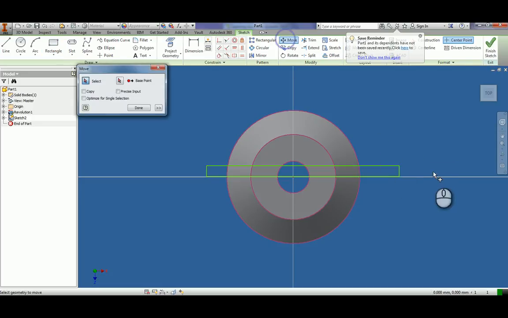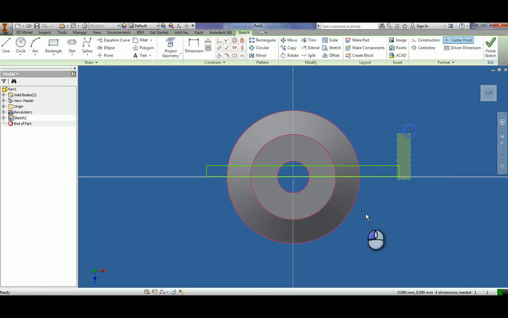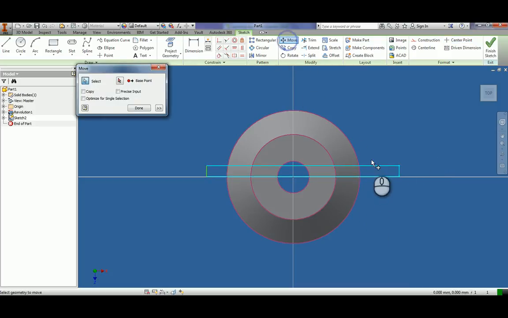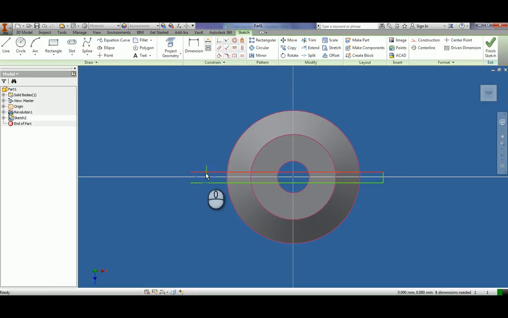Now I'm going to move this rectangle so that it is... what you're trying to do is line this up. Once you're good,